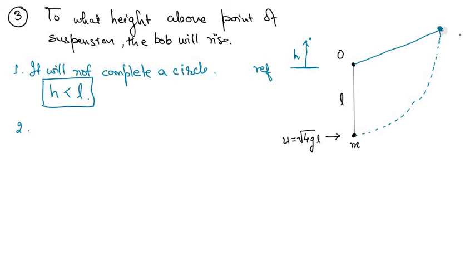So your bob will reach some distance r from this horizontal. Let the angle at which the bob will stop be theta from the vertical, and this is your r distance. So if I connect this like this,